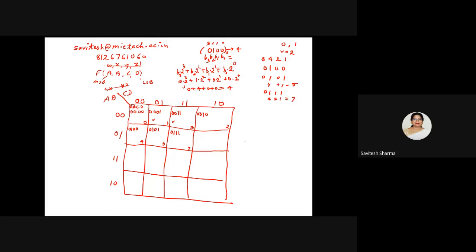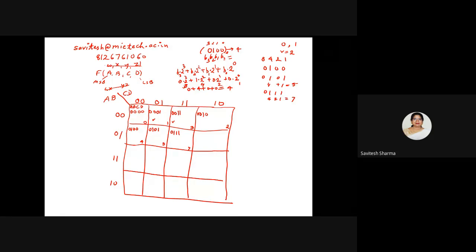If you have 4 bits, you write 8, 4, 2, 1. If you have 5 bits, you will write 16 also. So how am I writing 16 or 8, 4, 2, 1? You see this? 2 to the power 4 is 16, 2 to the power 3 is 8, 2 to the power 2 is 4. The weight I am multiplying with, 2 to the power 3 is your 8, 2 to the power 2 is 4. That's why I am telling you that this is the shortcut. You just see the position and write the decimal equivalent.